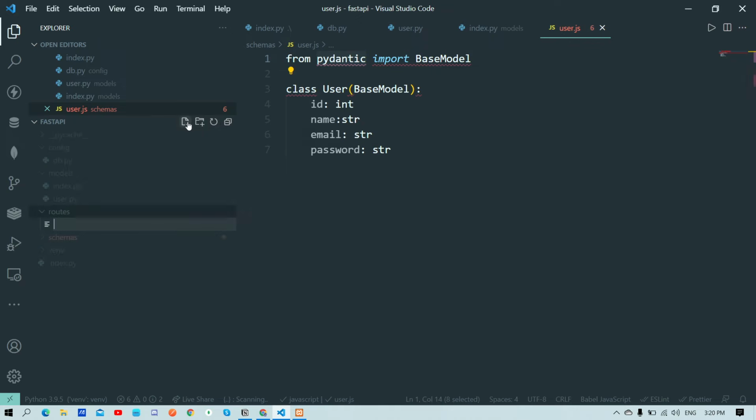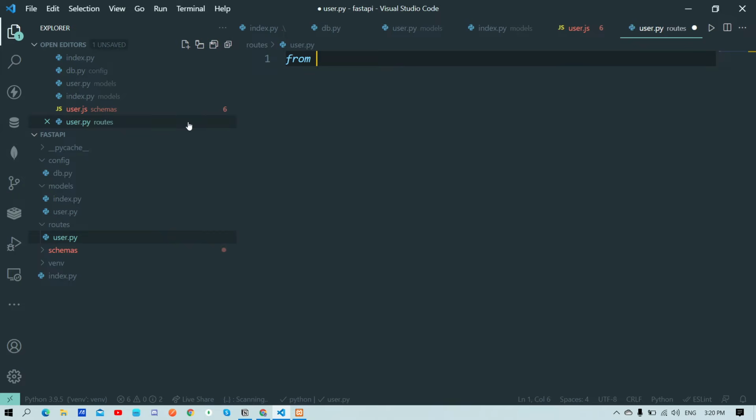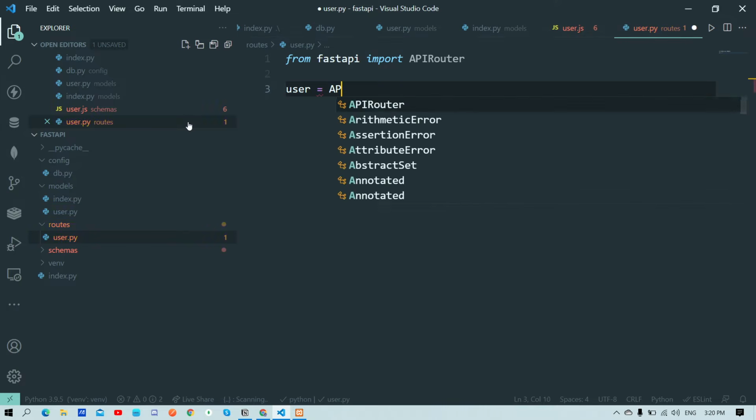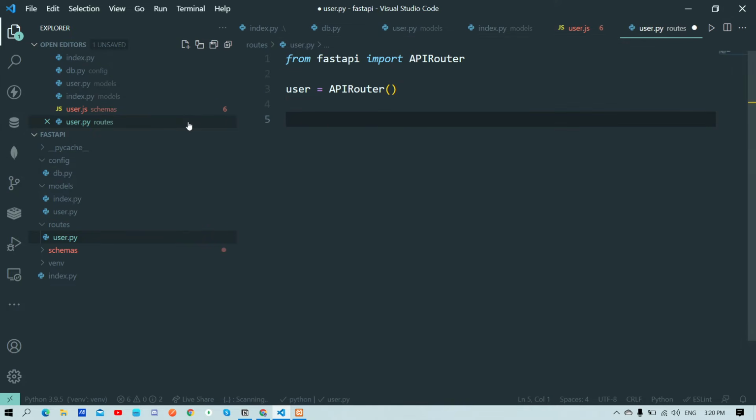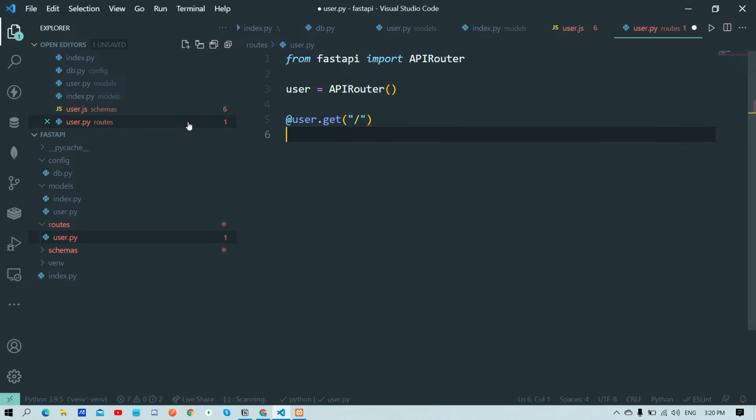So in routes as well, we need to create user.py, and after that in here we'll import from FastAPI import APIRouter. So we'll create a new APIRouter with name user, which will be imported in index. So it will be similar, user.get, whatever it may be, slash for now, and